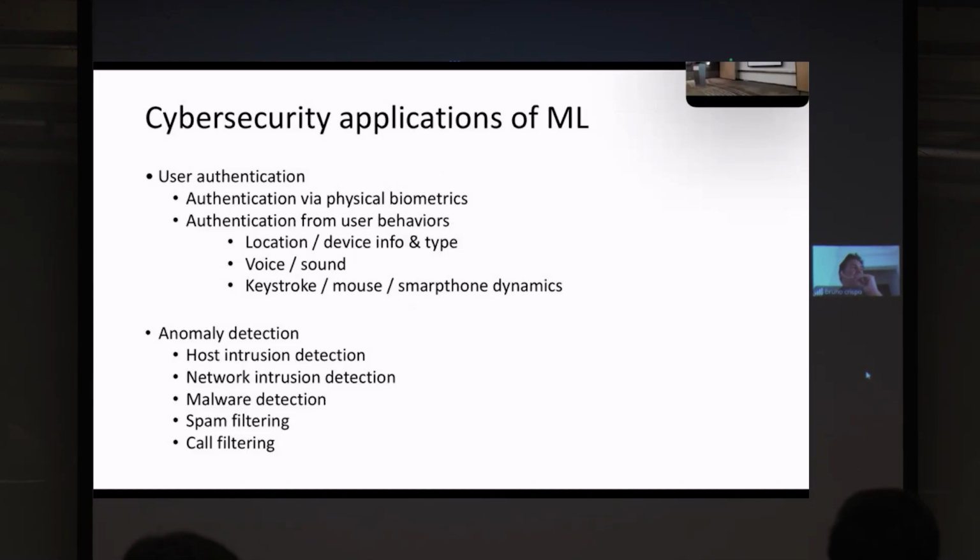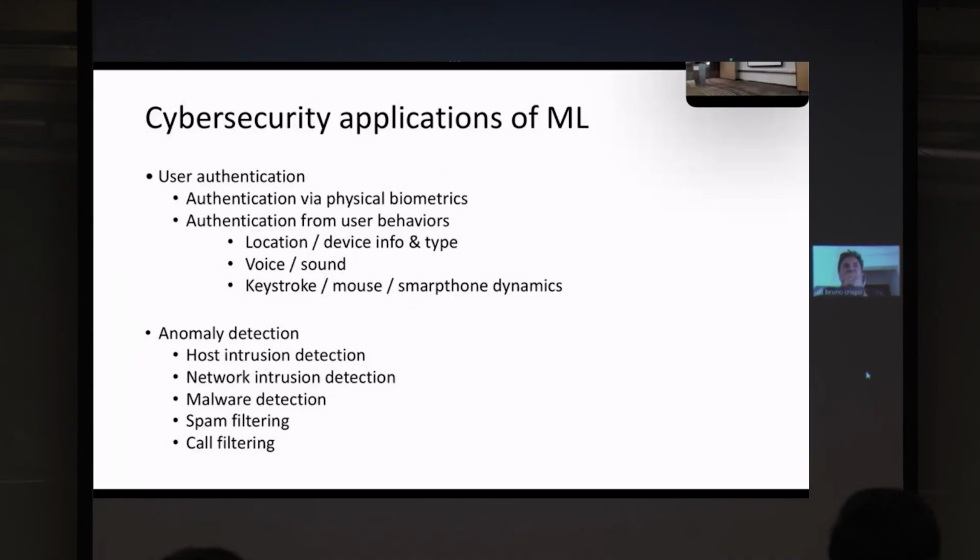So, when we talk about machine learning and cybersecurity, this is not something new. This is something that we have been using for a very long time. There are many fields, many problems of cybersecurity that require the use of machine learning, of a classifier. For example, user authentication. With user authentication, you have systems that are exact, like password or the use of cryptographic key that do not require machine learning.